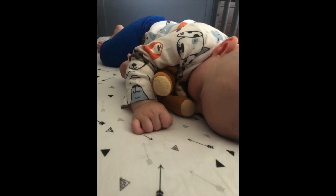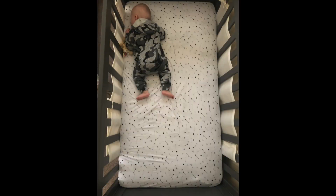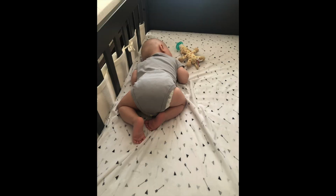He sleeps on his stomach, which is flat on his face. Right, smashing his face right into his mattress. Now he has an infant mattress with 2 sides, and it's firmer, so you don't have to worry about them suffocating. That being said, obviously we still worry about it. Our pediatrician did say that as long as they can get themselves in that position, they're strong enough to get themselves out of it. We never put him down for a nap on his stomach. We always lay him on his back, but he pretty much...